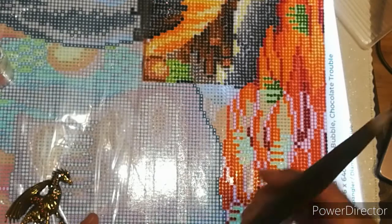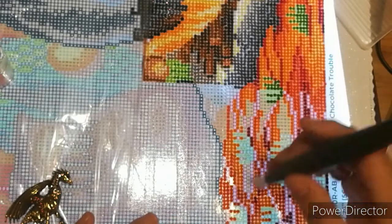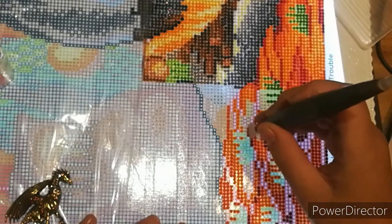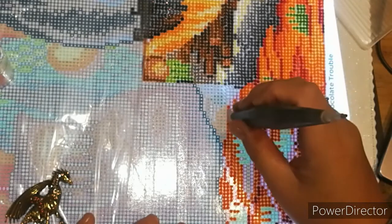And there's other crafts that I want to do. So Friday and Saturday and Sunday is my diamond painting time, and then the other times are all my other crafts. So yeah,